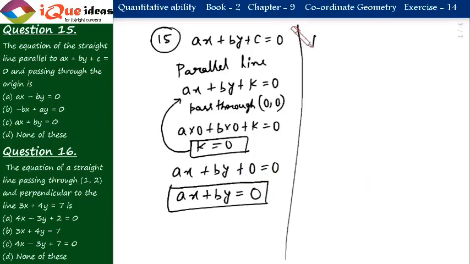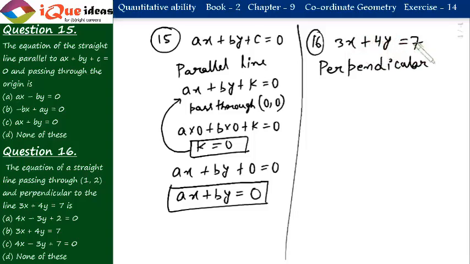Now let's take question number 16. What does it say? It says the equation of a straight line passing through 1, 2 and perpendicular to the line 3x plus 4y equal to 7. Now the given equation is 3x plus 4y equal to 7. So straight away we can assume the perpendicular line